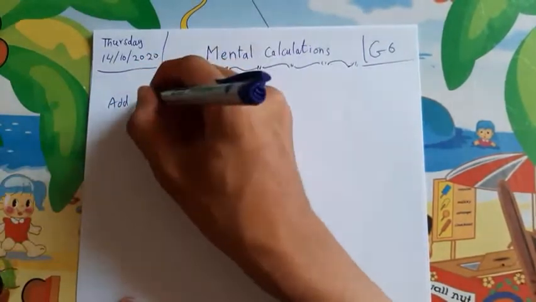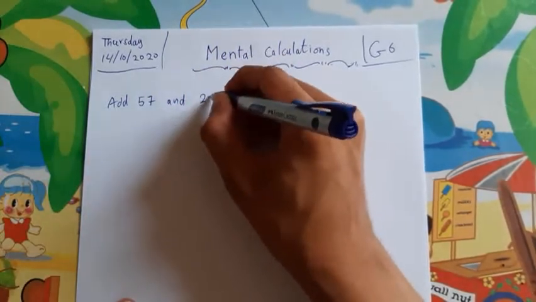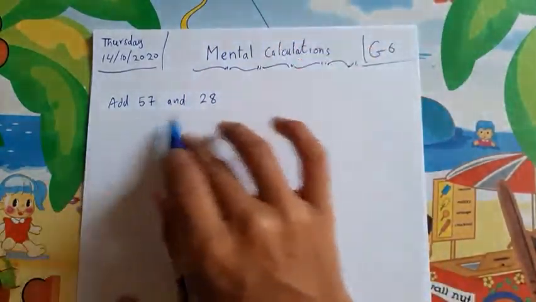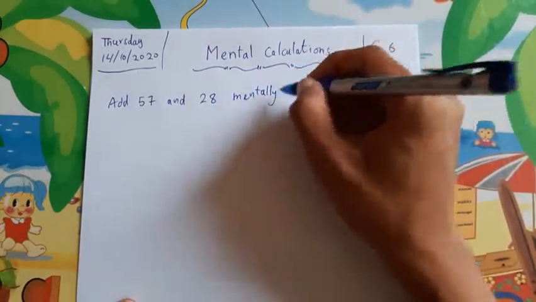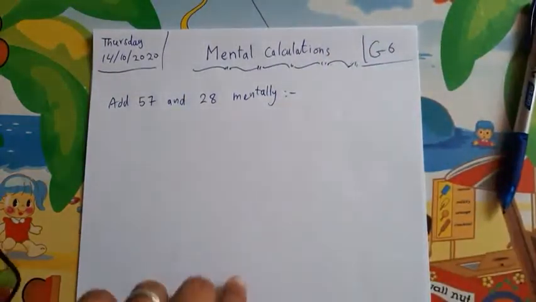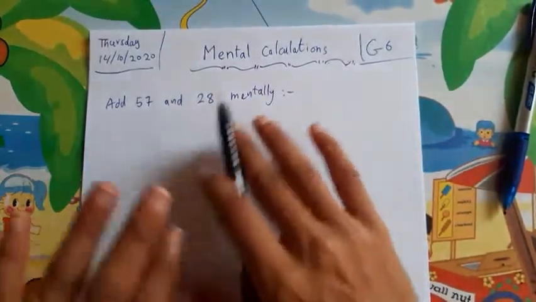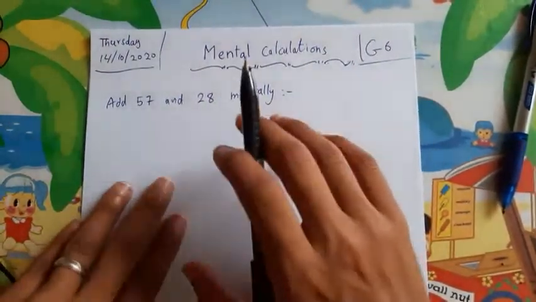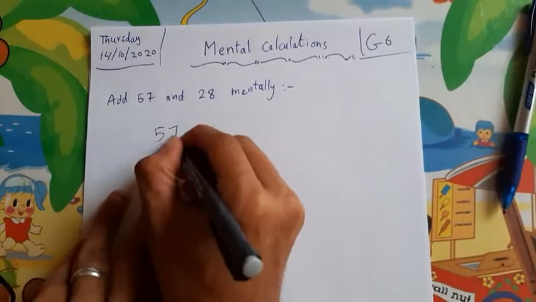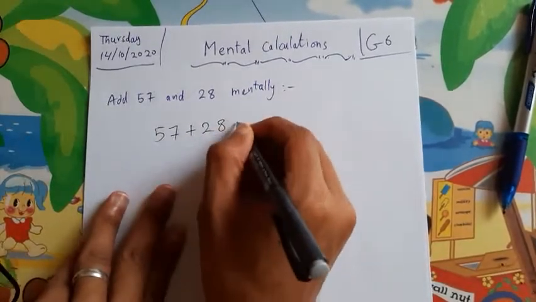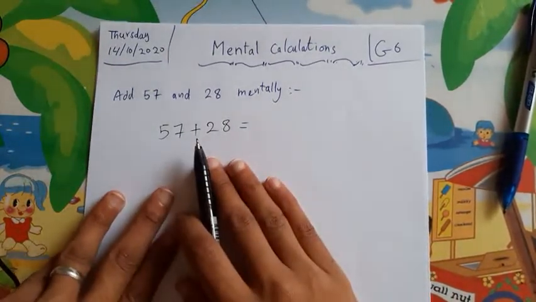Add 57 and 28. But here I want you to add mentally. Whenever you are asked to do the calculation mentally, you need to do it mentally. Don't use other techniques other than using your mind. So I'm going to say 57 plus 28, right? What is the answer? I'm not going to use the normal way to add, but this time I'm going to